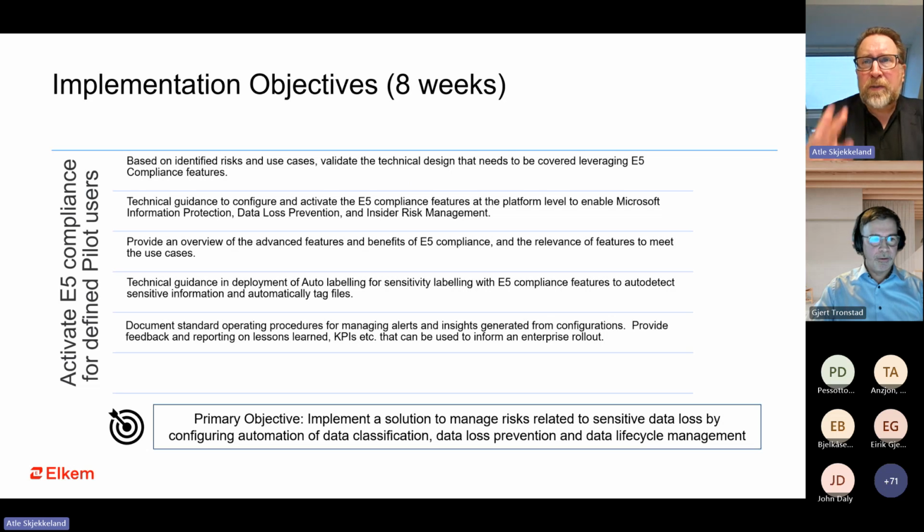I have one last slide before we start addressing questions. That is just if you want to ping me and I'll set up a call with me or colleagues if you want to discuss what an 8-week journey looks like and what resources it will require, but this is usually quite lean and agile. And to look at this as a journey, but quickly get them up and running and get the baseline implemented